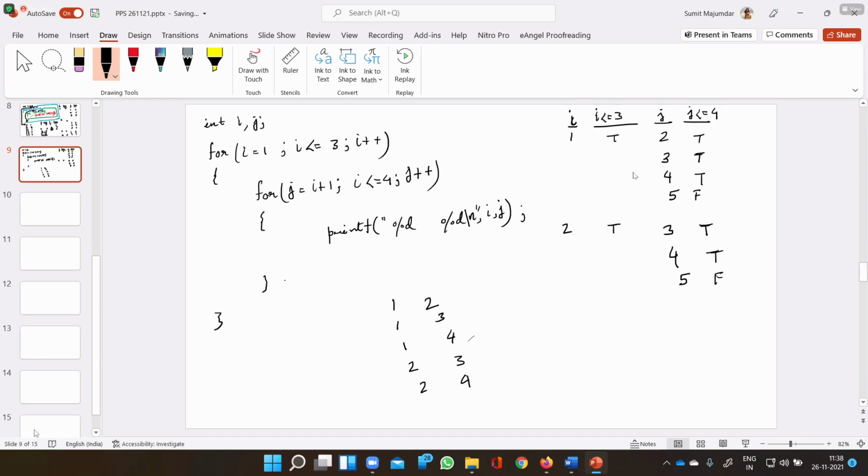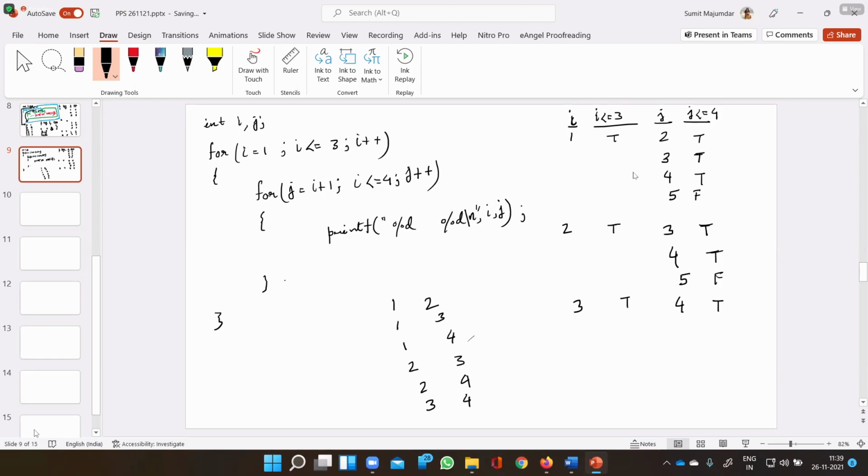Now i is increased again by one, so i is now 3, and 3 is equal to 3, so it will get into the i loop, and now j is equal to 3 plus 1, which is 4. And 4 is equal to 4, so it will get into the print statement and print 3 4.